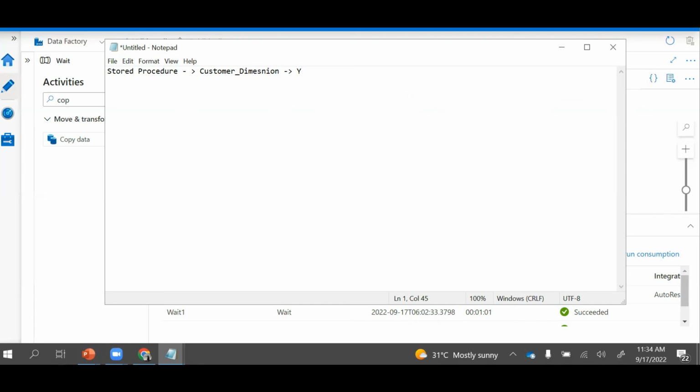So this process which sets the flag to y checks every 10 minutes whether the data got loaded in the customer dimension table or not. So every 10 minutes it checks. So what we can do, let's say this stored procedure activity loads the customer dimension. After that we have to run another activity, and I need to populate another table. So basically we can use a copy activity here,